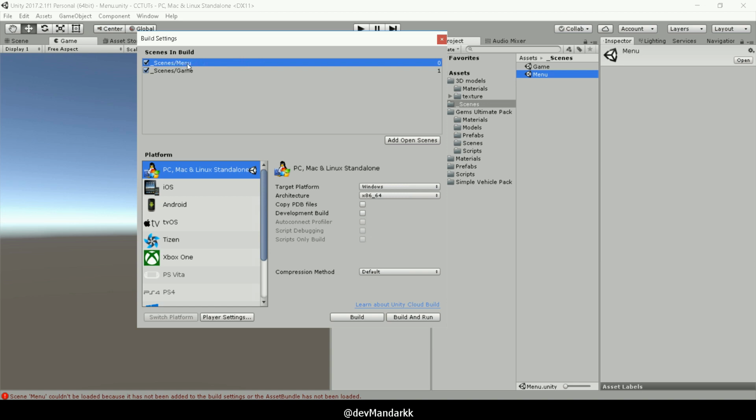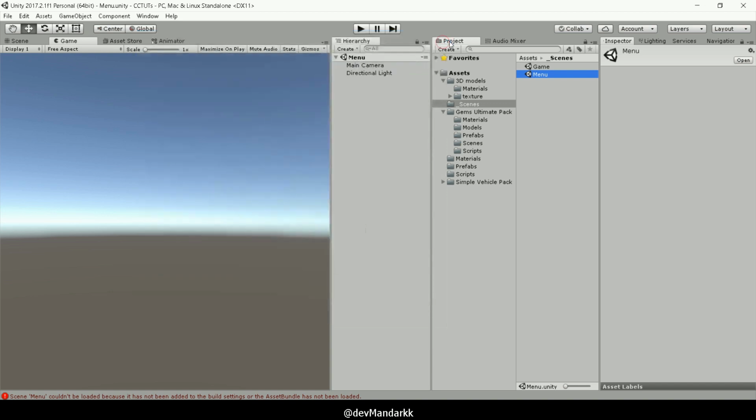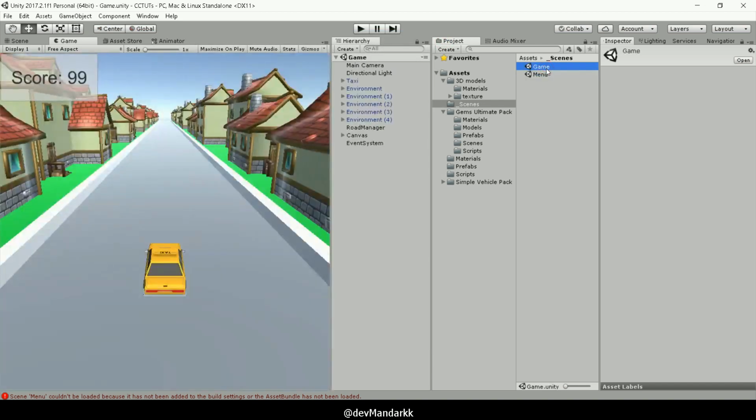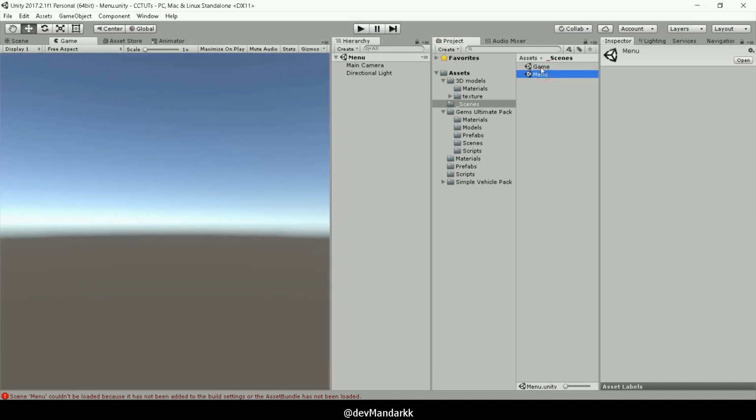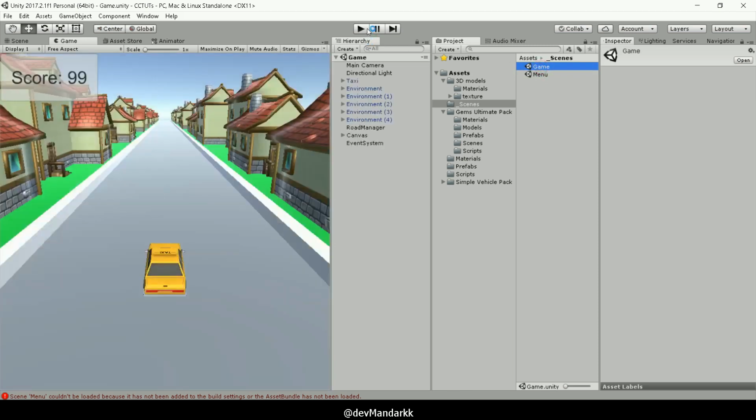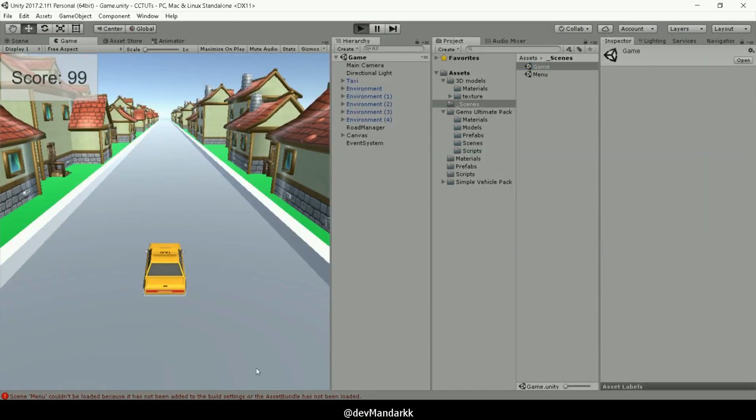So what's going to happen is the menu is going to show up, and then the user is going to hit play, and then it's going to go to the game. So now that we've got this set, if I go back to my game, since there's no way of transitioning from the menu to the game, let's just go to the game and test out and see if Unity does in fact let us go